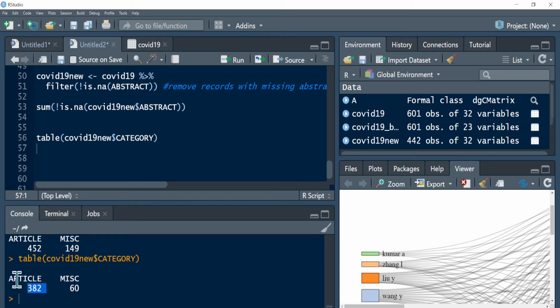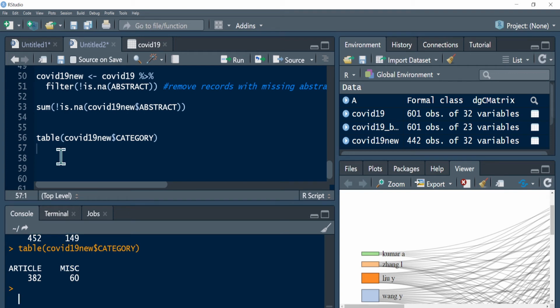So I would prefer to focus my analysis on journal articles because for similarity, they need to be at least homogeneous in structure, not in terms of content. Otherwise, there may be character count differences. So I prefer to focus mainly on journal articles. So what I need to do is filter this out. So to do that, let me